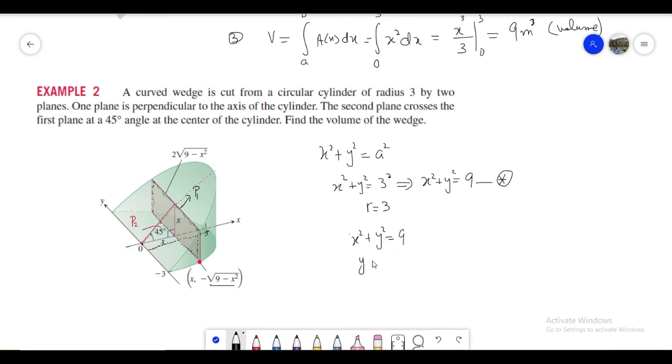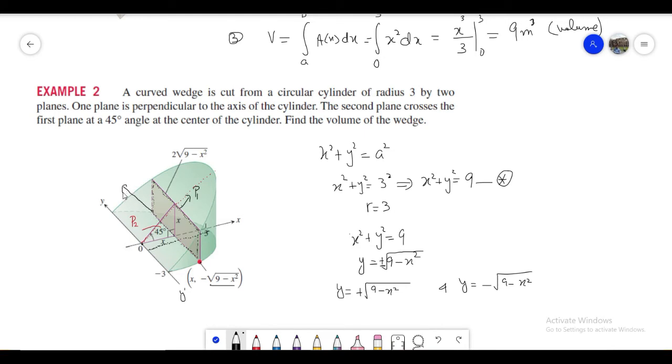So for y is equal to plus or minus the root of 9 minus x squared. Since this is the negative y side, we have y is equal to plus root of 9 minus x squared, and y is equal to minus root of 9 minus x squared. So the minus side is here. This point is x, of course x is in a straight line, and the y appears like minus root of 9 minus x squared, and this side